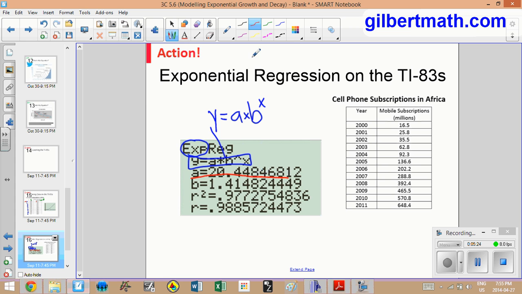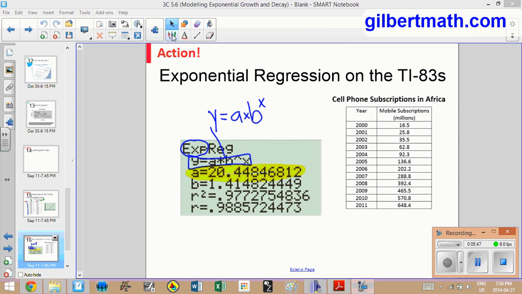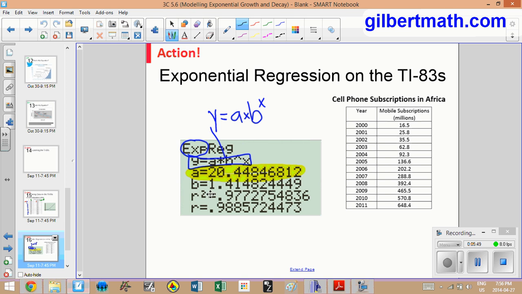is, pardon me, I'm going to make that a highlighter instead. There we go. Our a value is 20.4, and if I were to round that to 2 decimal places, the 8 would bump that up. So what I would have here is that my a value is 20.45. And again, this is in millions, so this means initially in the year 2000, according to the model, we